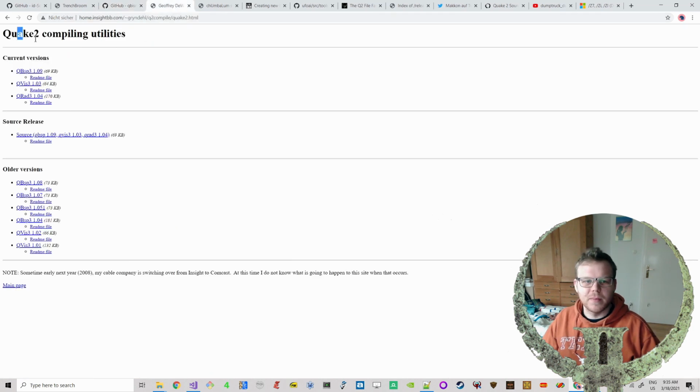So there's an alternative, these Quake 2 compiling utilities, and they work really well. The problem is I could not create light maps when the map was using Targa image files. It would only accept the Quake specific wall image file for textures. So maybe I also did something wrong, but I couldn't find a flag to actually use other image files for textures other than the wall file. And I want to use Targa files because they're easier to work with now. They not only have the higher color depth,